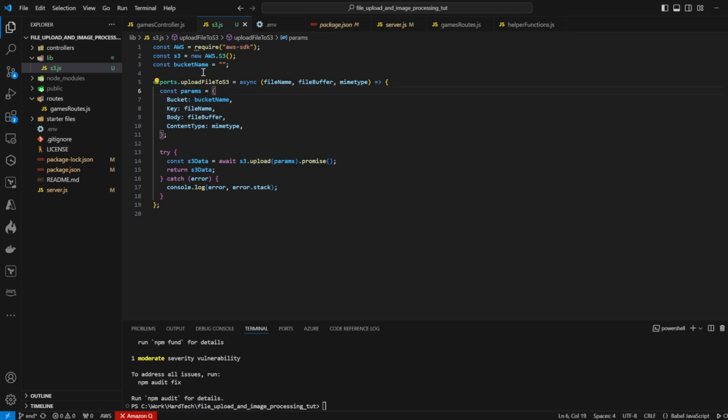I'm going to quickly paste the bucket name here. Okay, so I just copied this one from the AWS console. So you have to do the same thing. You have to get a bucket name and then paste it in here. So we have AWS SDK Node tutorials. That's the name of my bucket. Now that I have this set up,